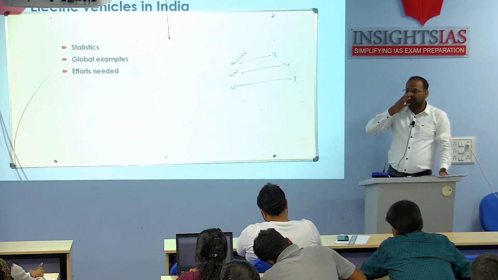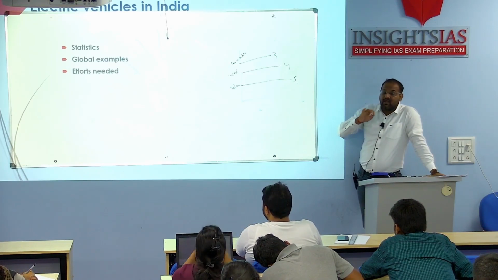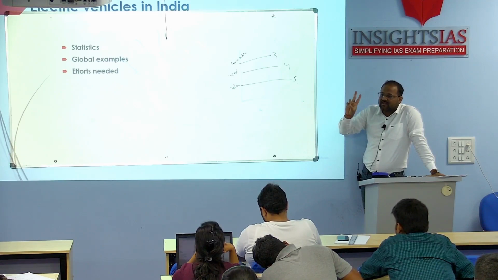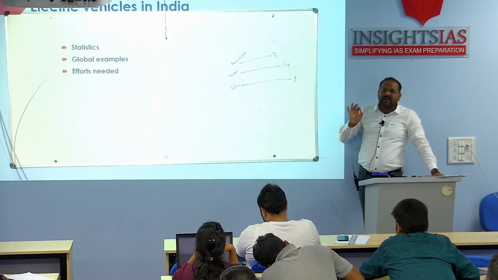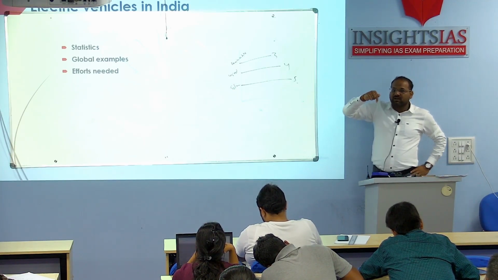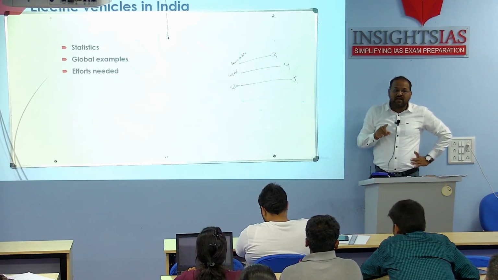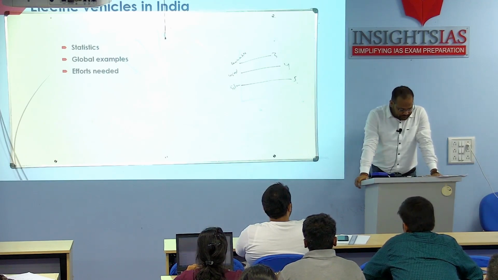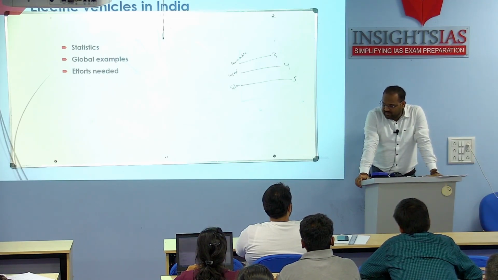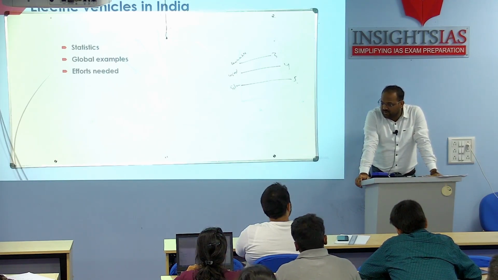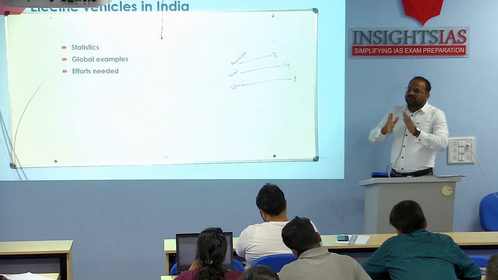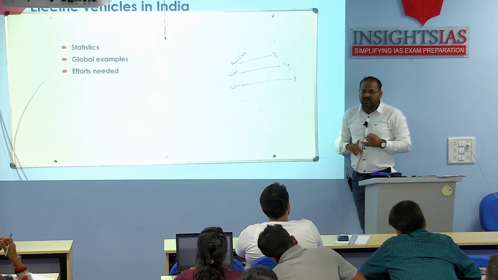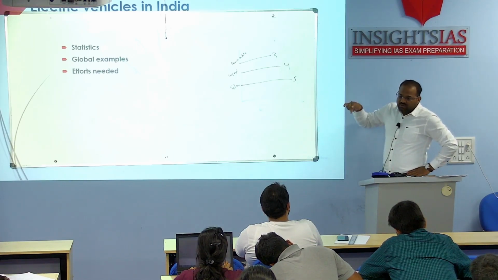So, why did I give that data? India contributes 18% of the total population in the world, the second highest population in the world. Our area, in terms of kilometer square, is around 3.3 million kilometer square. When we have this much wide area and this second largest population, just imagine